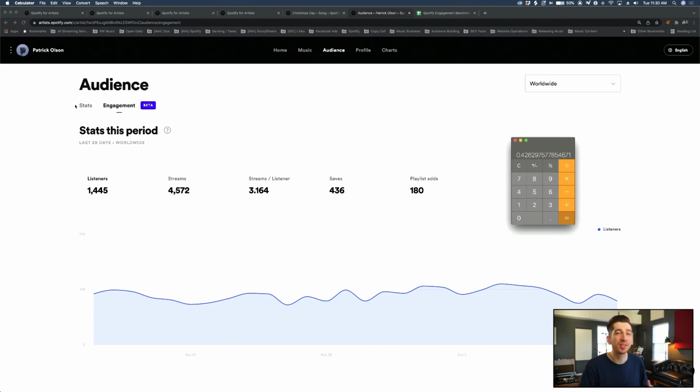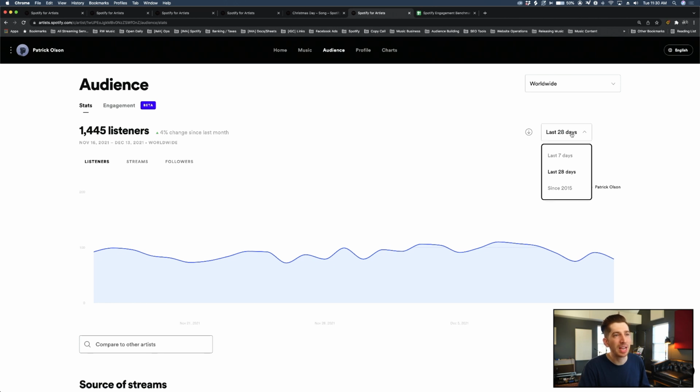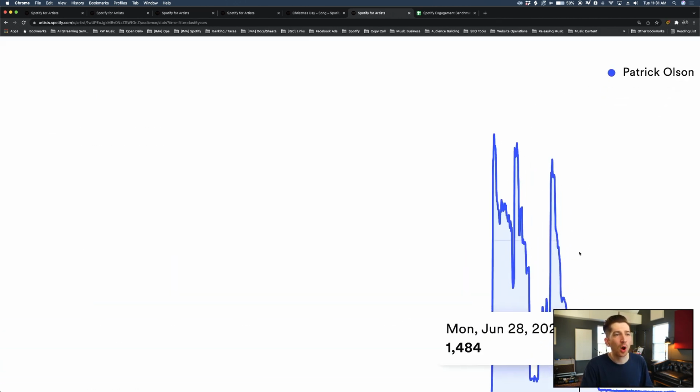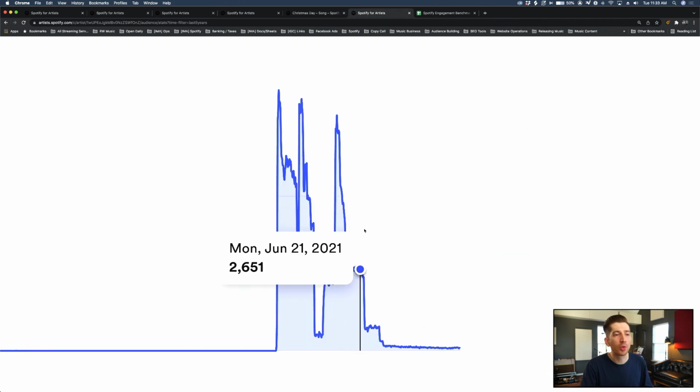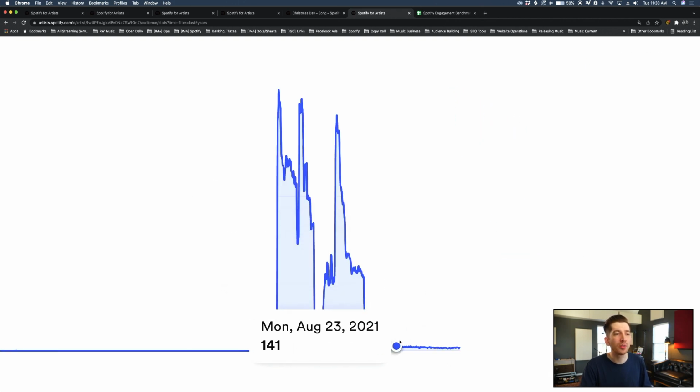It needs context. So I'm going to tab over to his full stats tab and even widen the date range to show the full picture. And you can see that all of his streams are returning fans. All of these streams are his new normal, not from ads, not from playlist promotion. They're his sticky fans that have stuck with him and are continuing to listen day after day once our big